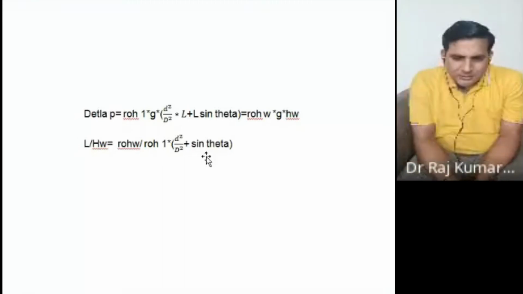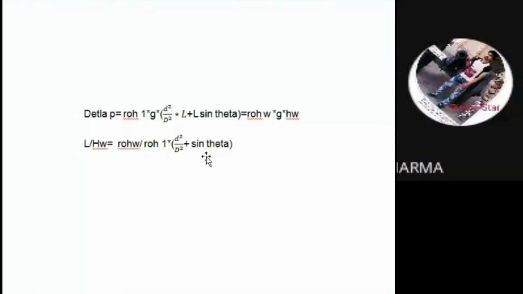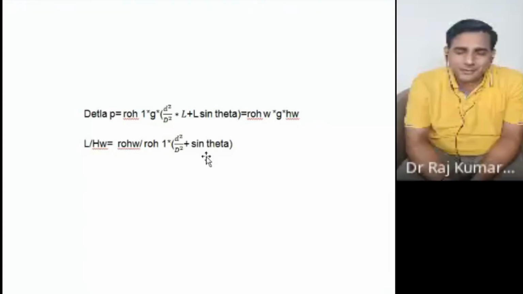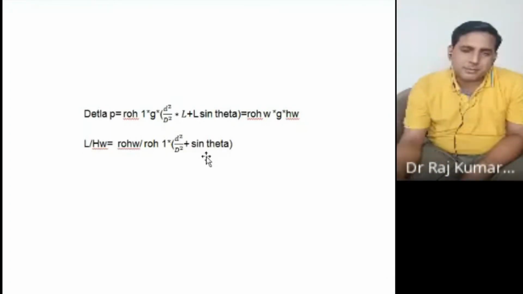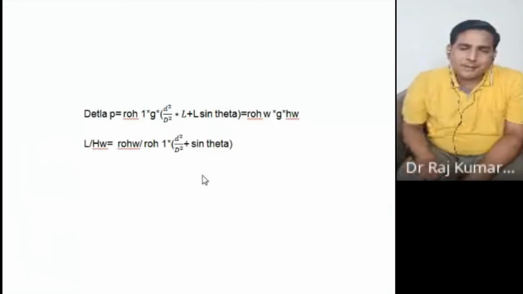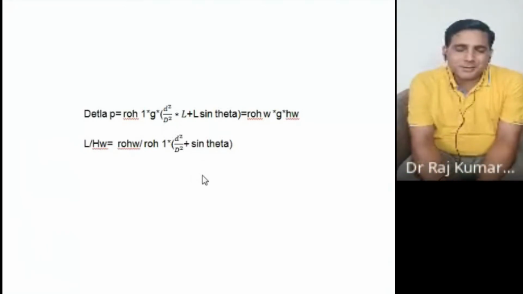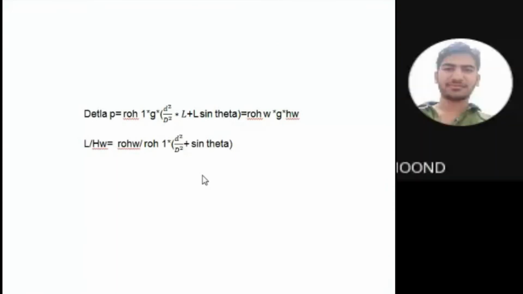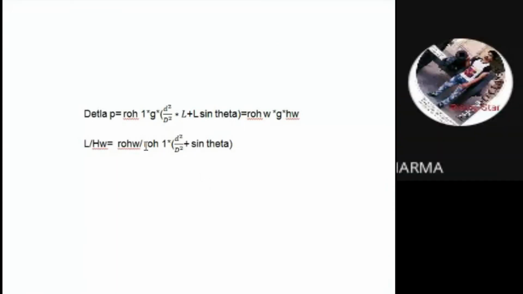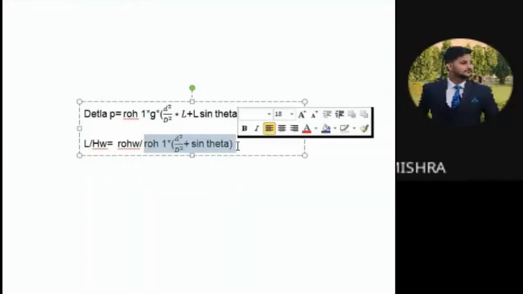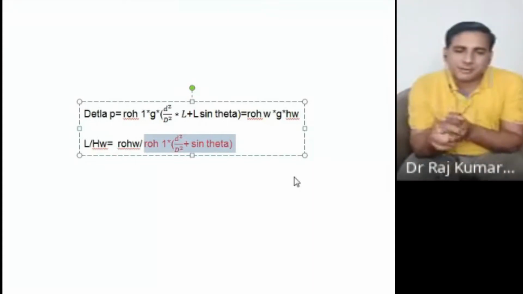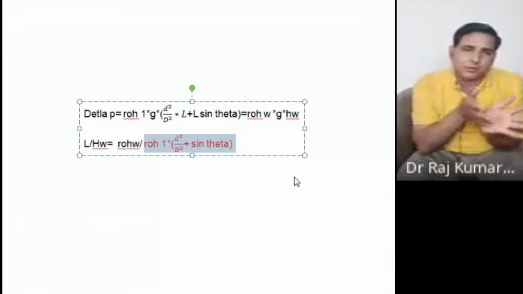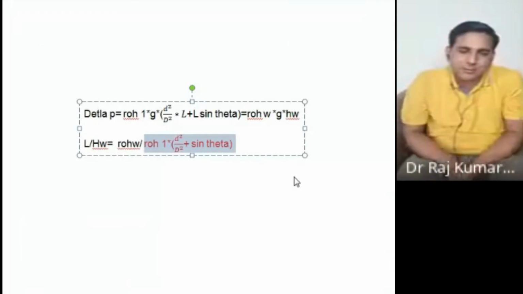If you decrease this theta, this particular value will keep on increasing. Increase or decrease? You are not telling me correctly still. This whole thing is the denominator. So this must decrease, because if you decrease sin theta, then the value of this total term will be low, and therefore the numerator will go up.